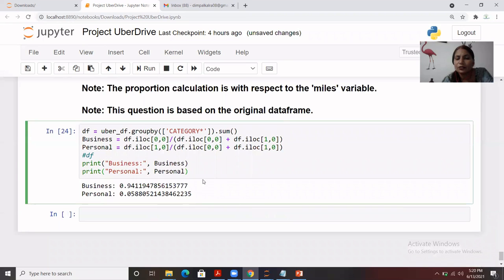This indexing is for row and column using iloc, and we divide it out and calculate this part here. This is the proportion of the miles that we have for business and personal. Basically we have calculated the percentage. So this is how we did it here.